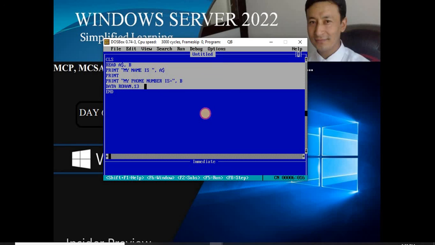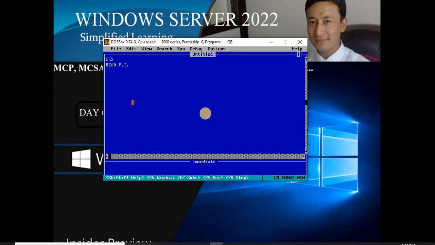So if I take another example of read data as per the theory that we did, so let's say read P, T, R, we are going to write a program to find the simple interest. Read P, T, R. SI is equals to, I'm going to write P into T into R divide by 100. But you might be thinking, where is the data? Of course, we are now declaring the data at last. So we're going to write simple interest is equals to, I'm going to write SI. So where's the data? Data is here. Okay, let's say